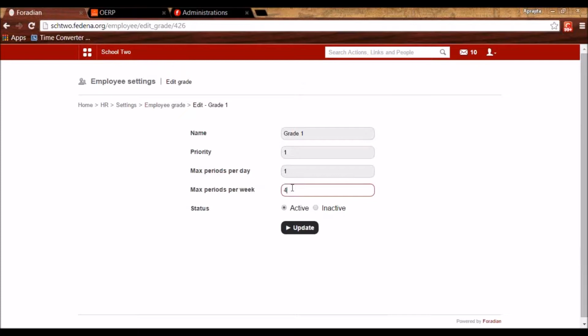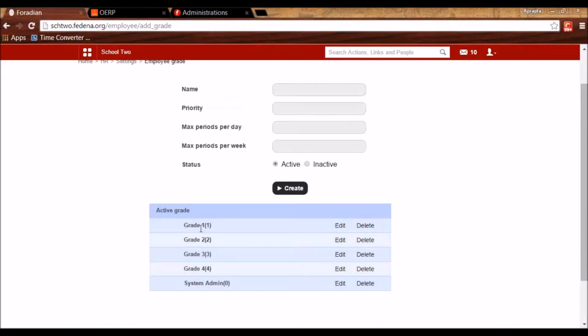So this is defining a grade. So this means that when I'm going to admit an employee now, if I put him in grade 1, he can take 1 class in a day and 4 classes in a week. And based on this, I'll be able to check his work allotment after I create his timetable. So like this, I've created other grades as well.